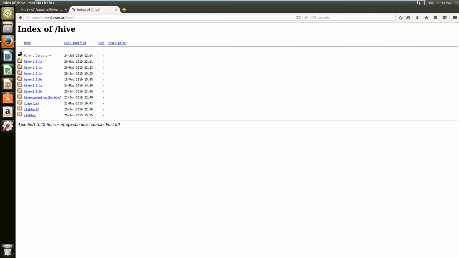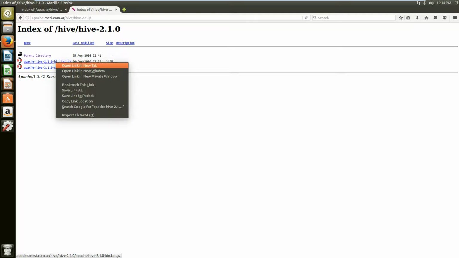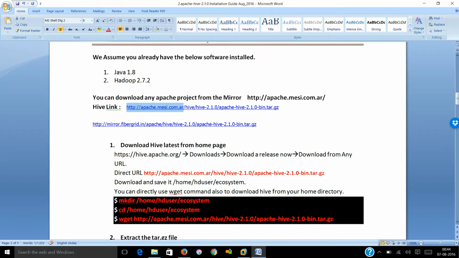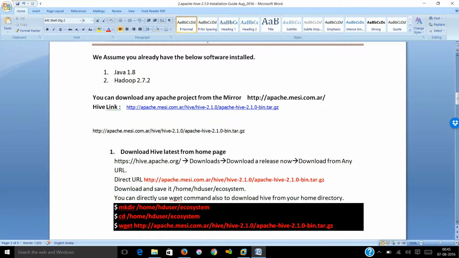So let me take Hive 2.1.0, and let me copy this link location and paste it here. So this link and this link are the same. I was just trying to explain to you how to get access to this link.